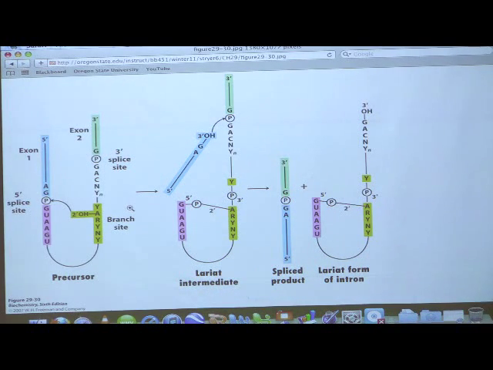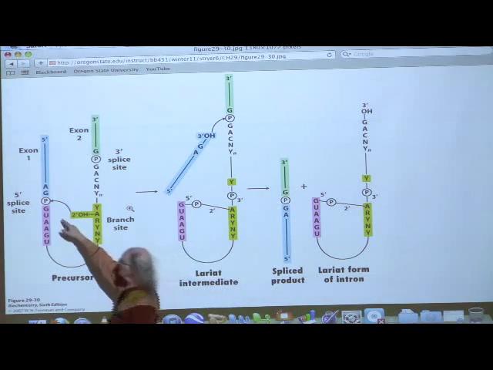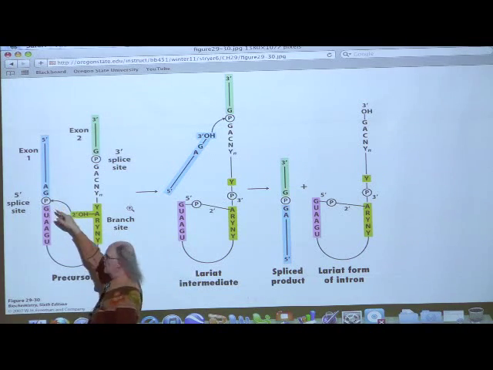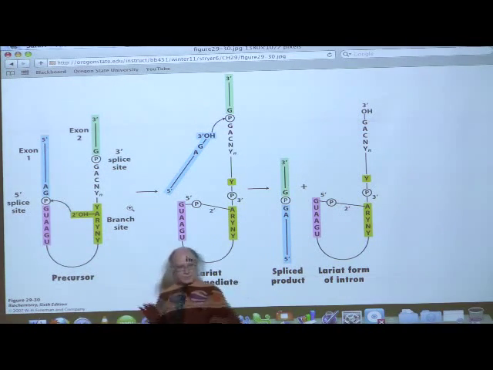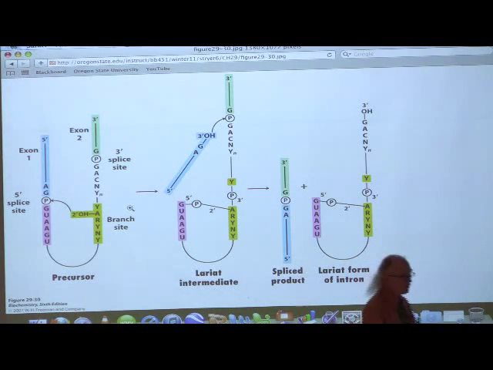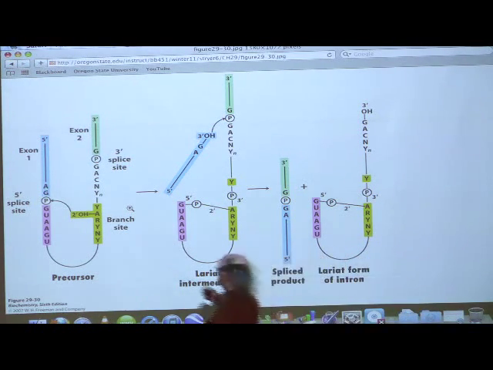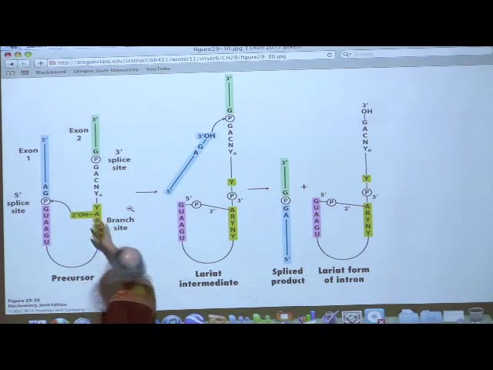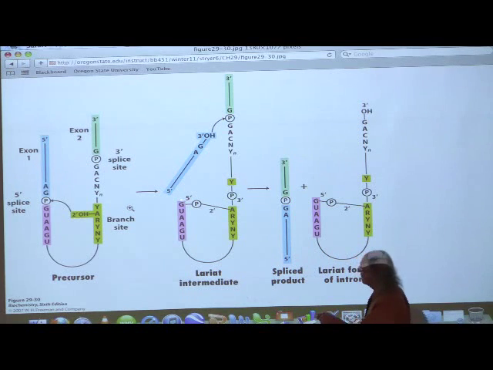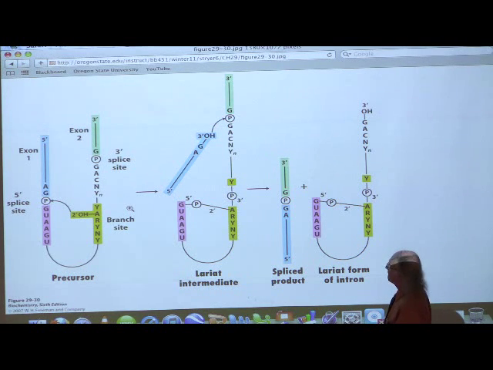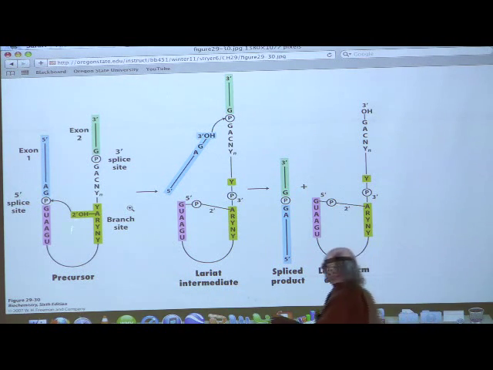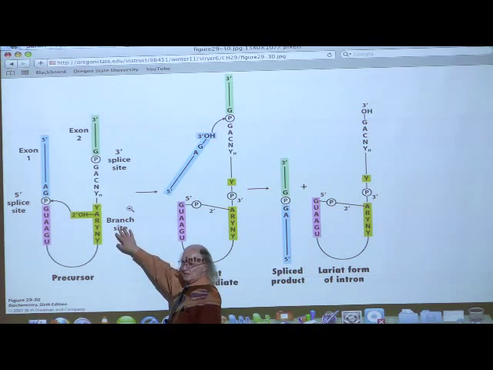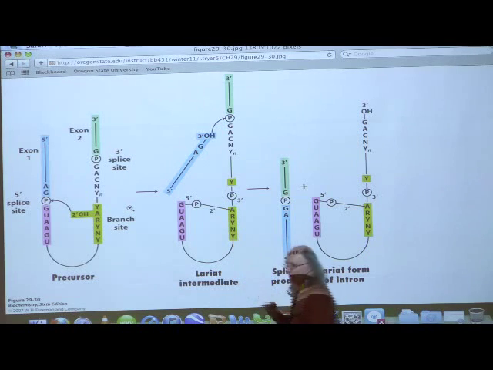The phenomenon of splicing involves a nucleophilic attack by this hydroxyl onto this phosphate over here between the GU and the AG. So these guys are brought into close proximity. There are some proteins, and I'll briefly tell you about those proteins that play a role in this process. Those proteins help to bring these guys into close proximity and allow this attack to occur and breakage of the bond between this guy and this guy. Okay? Everybody with me so far? This, as you see here, is labeled the branch site because, as we will see, this is making a branch in the intron.